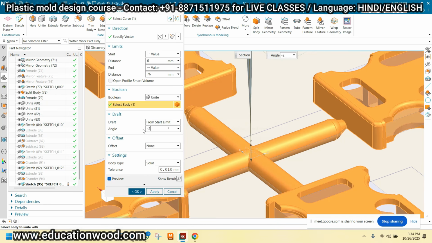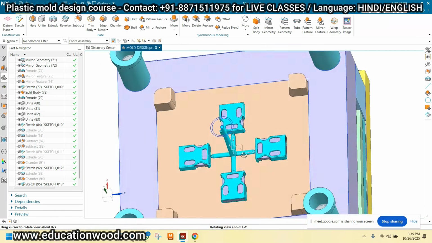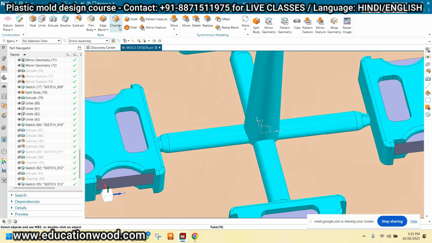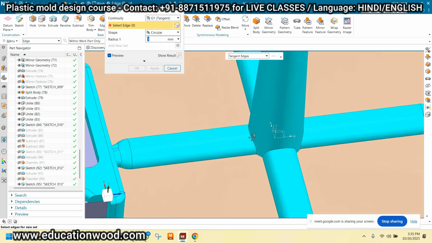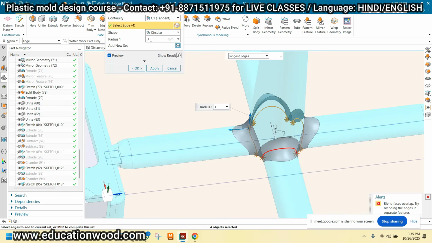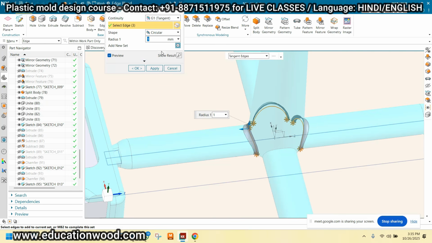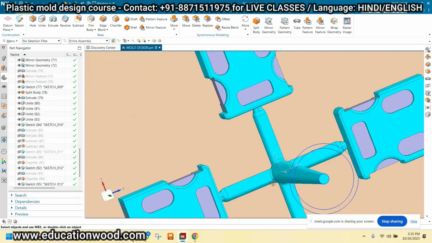Okay, -2 I have to take like this and just click OK. See, okay. Here I can provide the radius. Take the radius 2 mm. Let me check. 1 mm I can take. See, right?